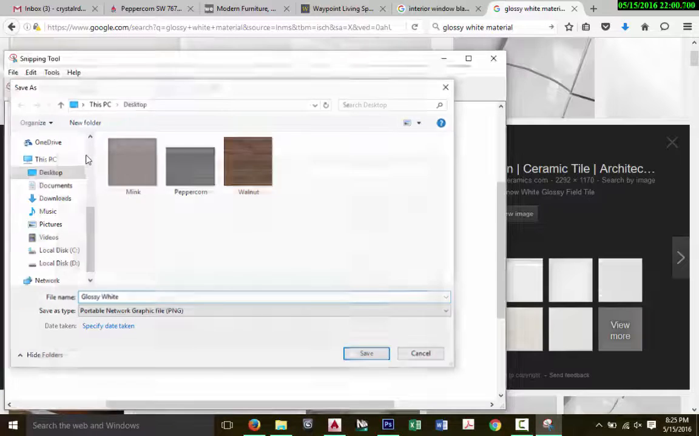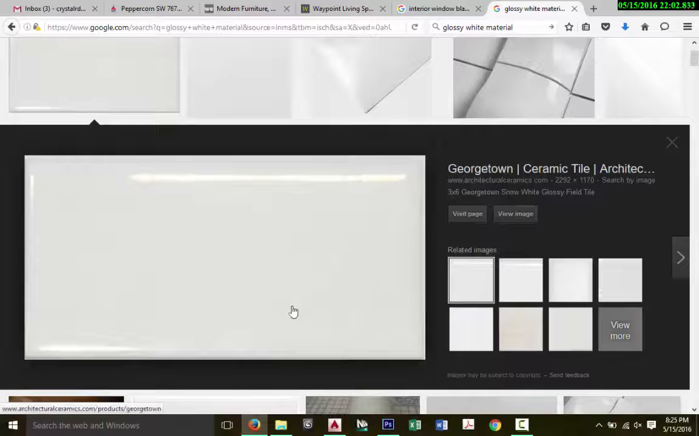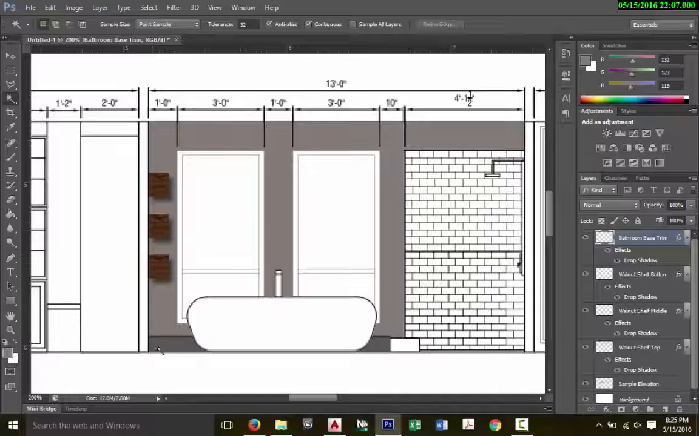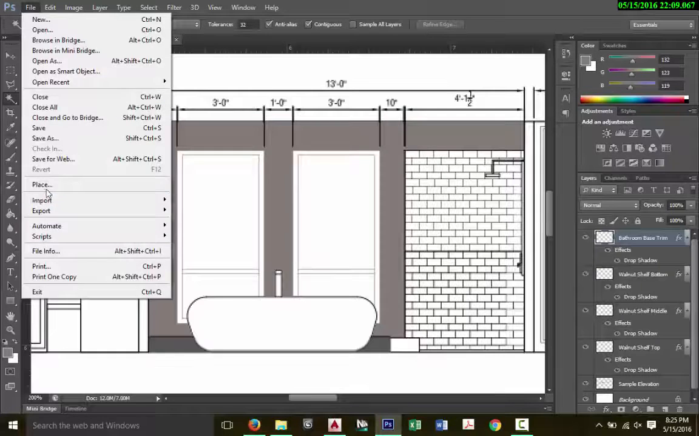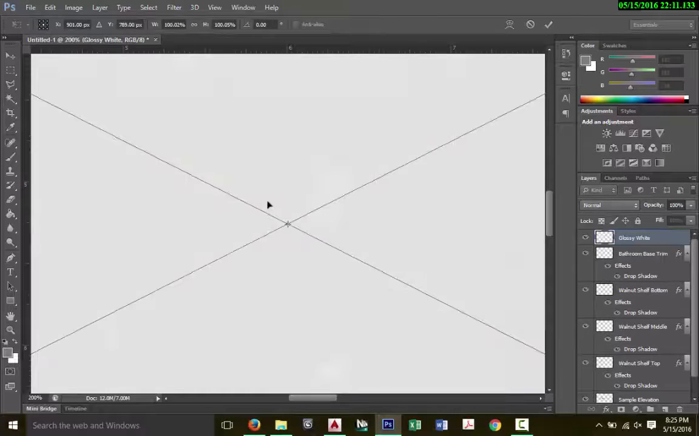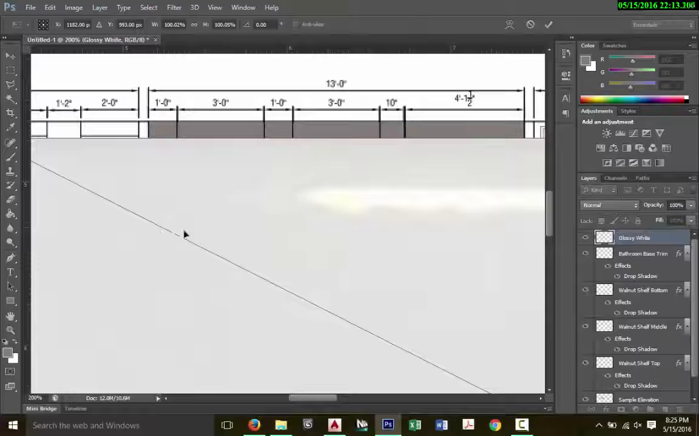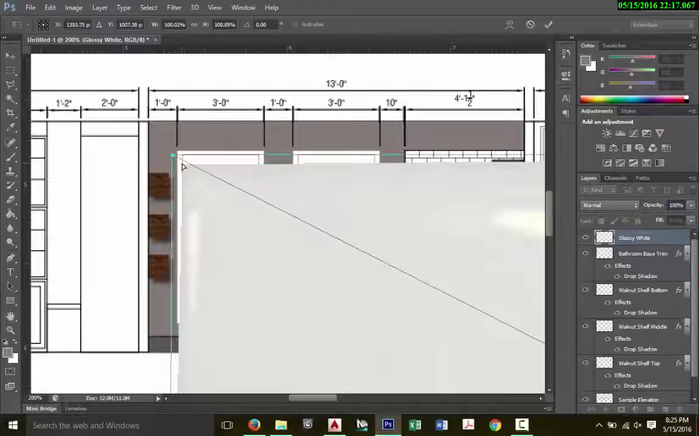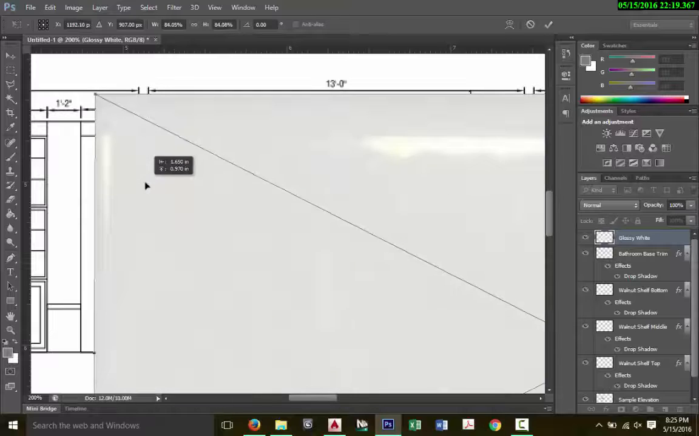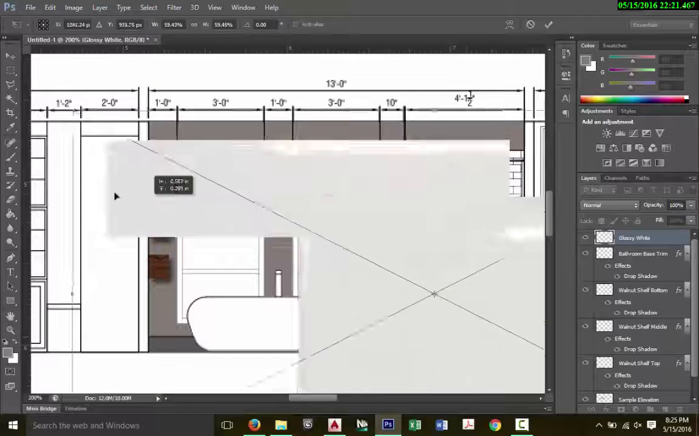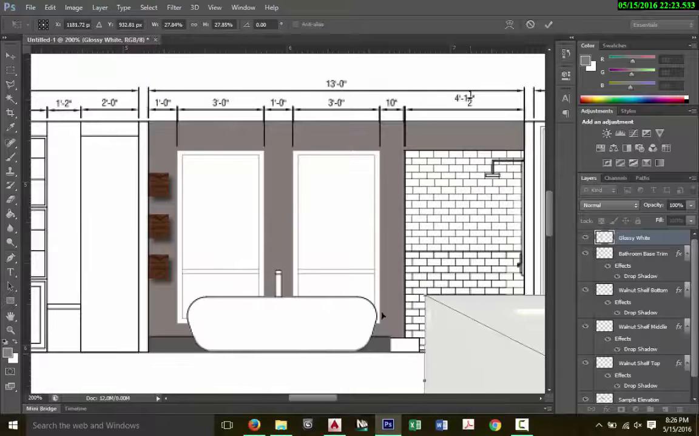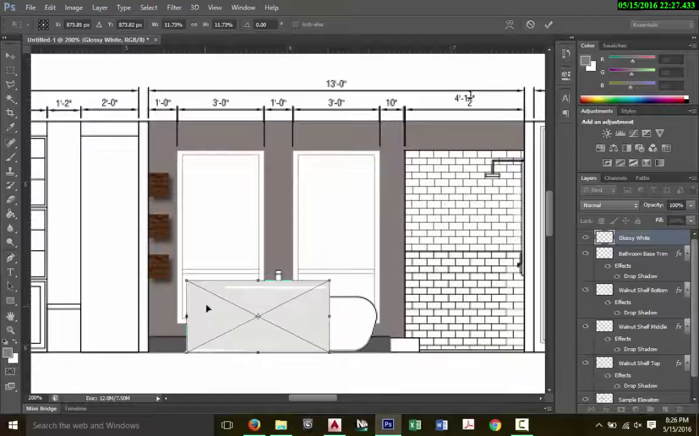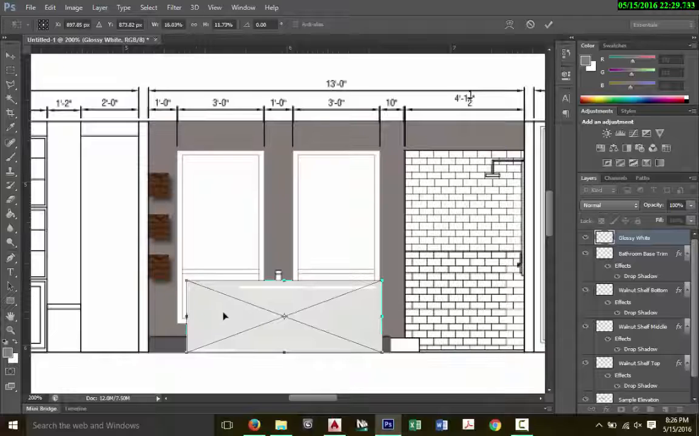So I'm just going to say glossy white. And this is like the scale of a tile right now, but I'm going to stretch this over the scale of the tub and see how it looks. So I'm going to file, place my glossy white. Woo! It's big. So I'm going to resize this. Oops. Don't do what I did. Hold down shift if you want to scale uniformly. Just keep clicking and dragging to move that. And I'm just going to stretch this over